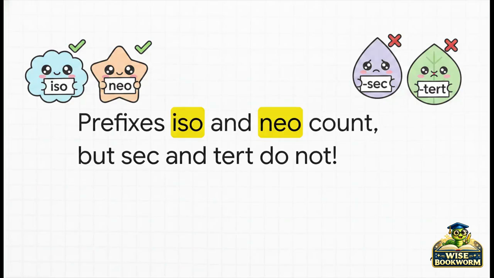But before we move on from naming, I've got to share a fun little insider rule that textbook readers miss all the time. When you're alphabetizing those branch names we just talked about, prefixes like iso and neo actually count towards the alphabetical order. But the hyphenated ones, like sec and tert, they don't. No way, right? It's a tiny, quirky grammatical rule in organic chemistry, but it is absolutely vital for getting the